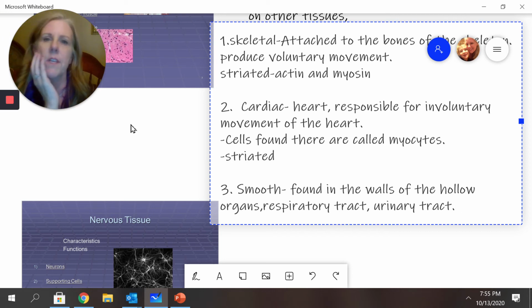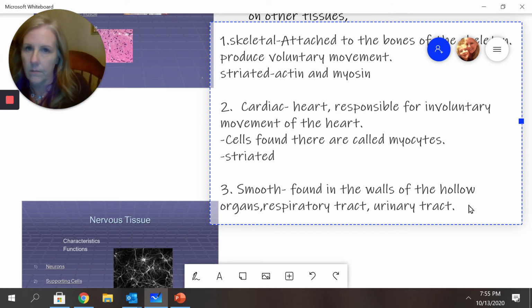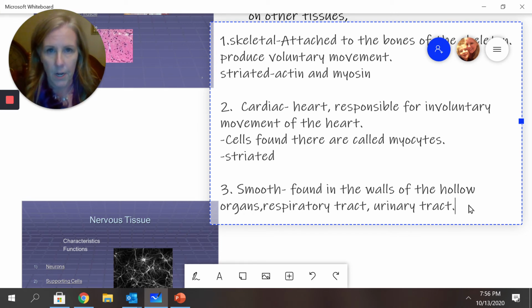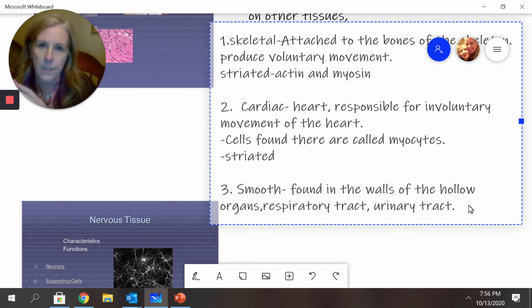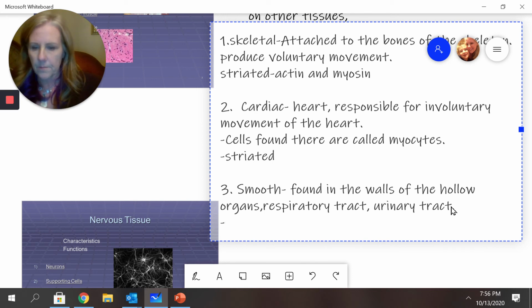What you probably thought of was like the stomach, and you're right, it's hollow. And technically, if we look at the digestive tract, the whole digestive tract, all connected, they're all basically hollow. Different segments of the digestive tract are highly modified for their functions. But the entire digestive tract, with some exception, is lined in smooth muscle. Okay. The overall function of smooth muscle